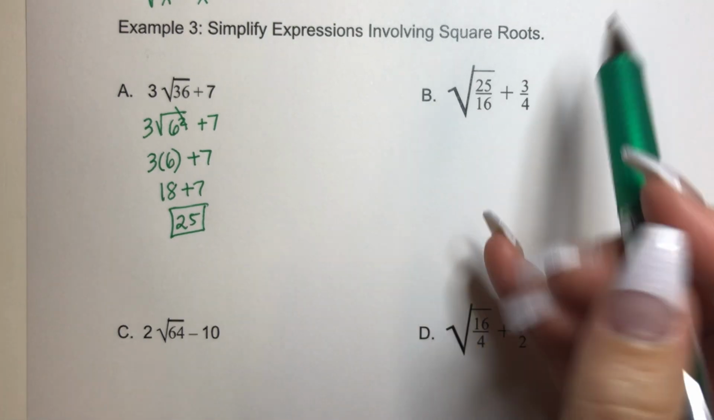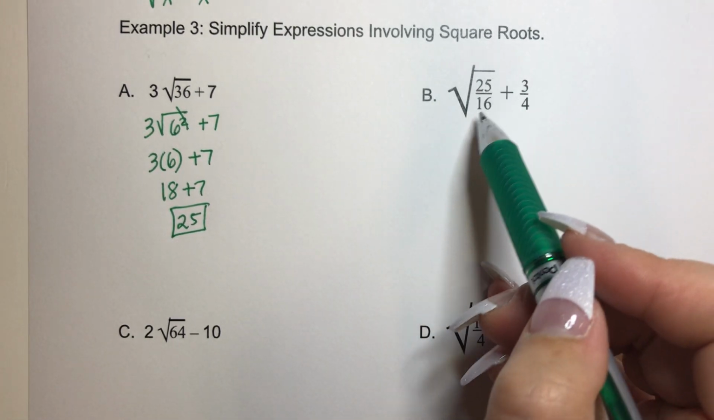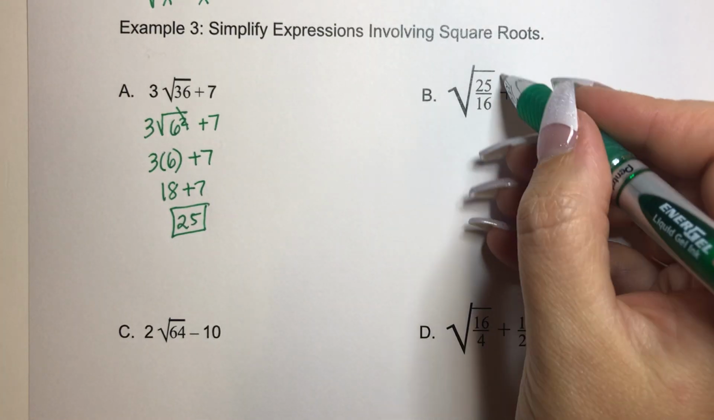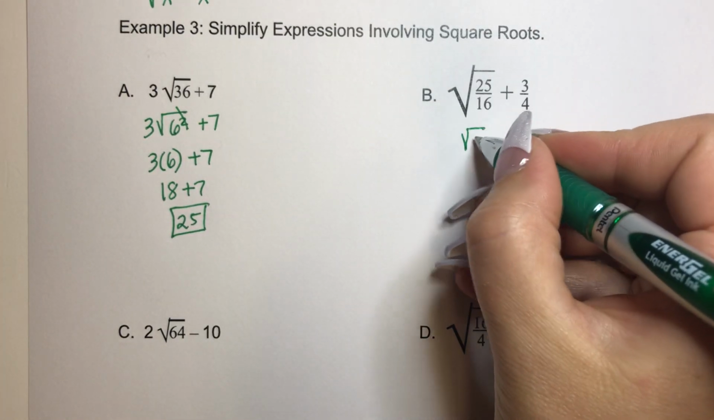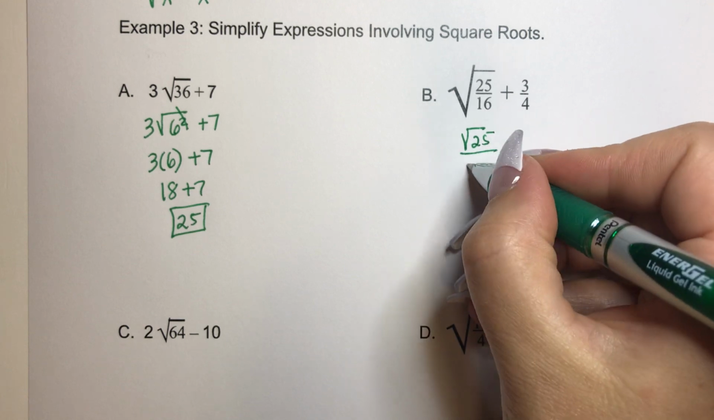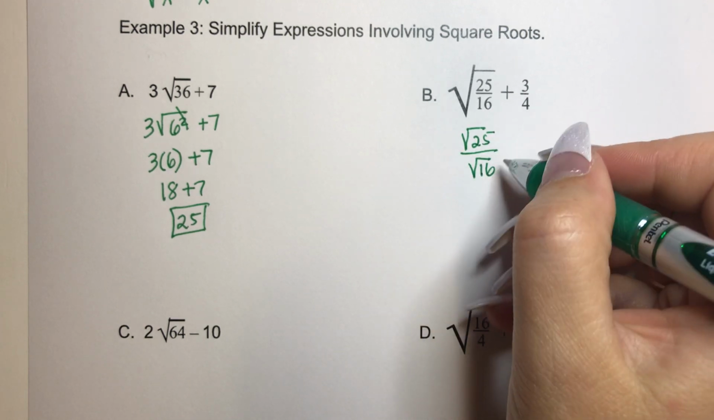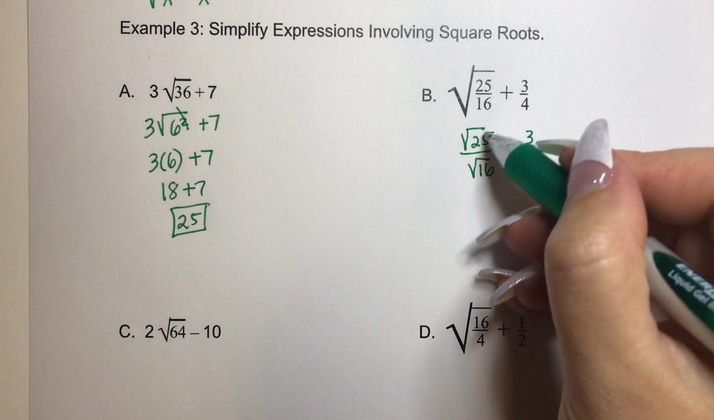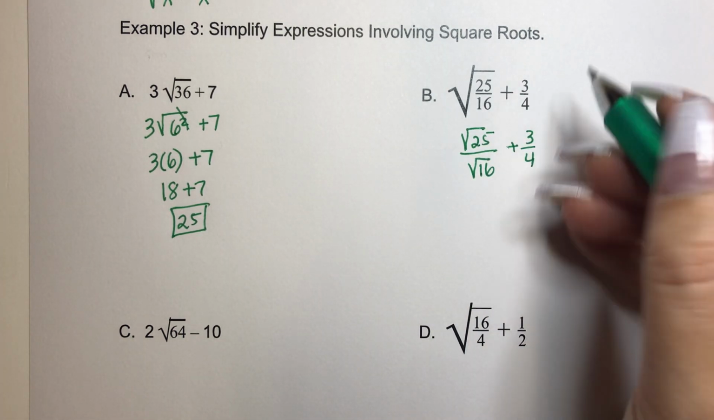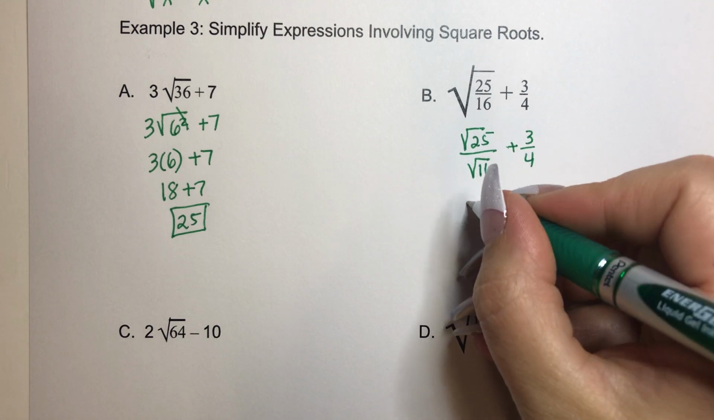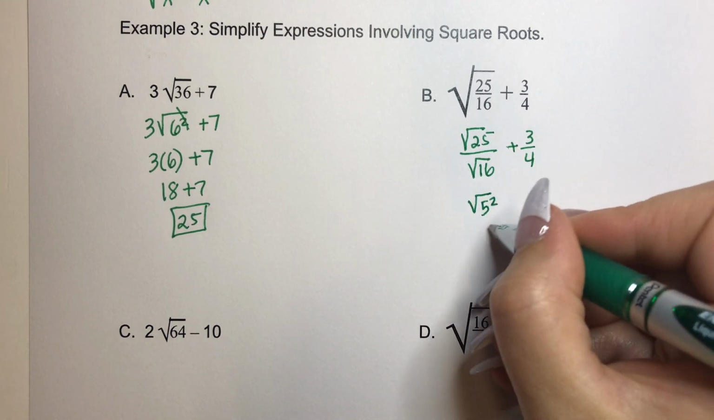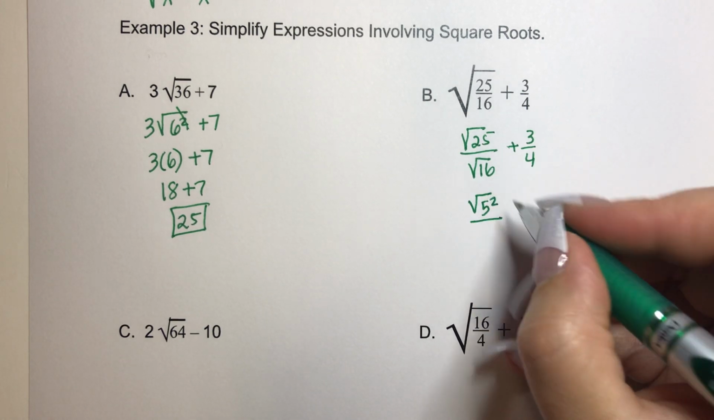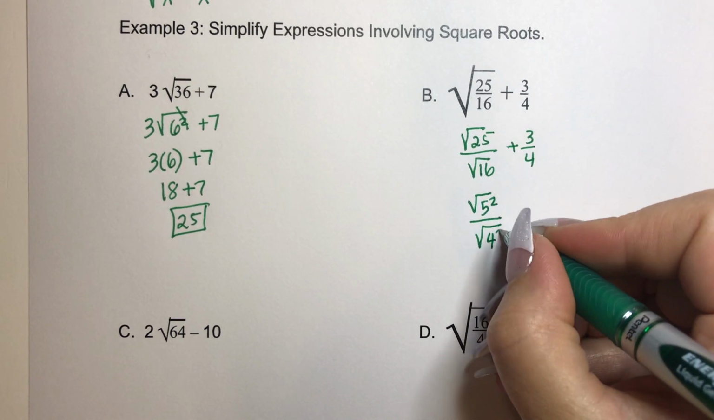Okay, let's look at B. Ooh, B is fun. We have this fraction, right, with a radical over the whole entire thing. No problem. Whenever you have something like this, this just means that you can do each of them independently. So then it just becomes like 2 mini problems, right? So is 25 a perfect squared number? It is. It's the same thing as 5 squared over, is 16 a perfect square number? It is. It's the same thing as 4 squared,